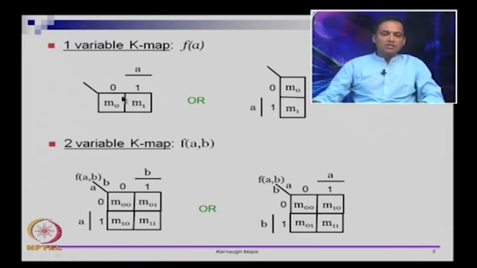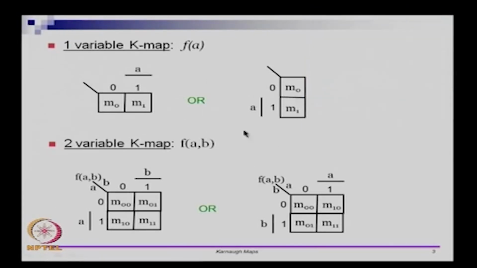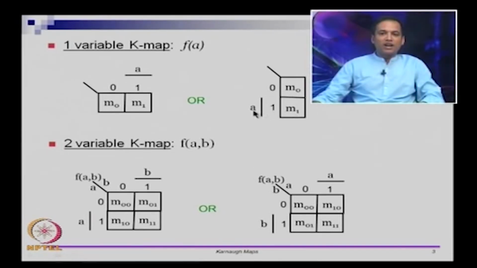You can either do this, or you can write the Karnaugh map like this. Here m0 corresponds to row 0 and m1 corresponds to row 1, and this part captures whether A is 1 or 0. So when A is 1, you look at the value of m1. Similarly in this one, when A is 1, the value of m1 tells you the value of the function